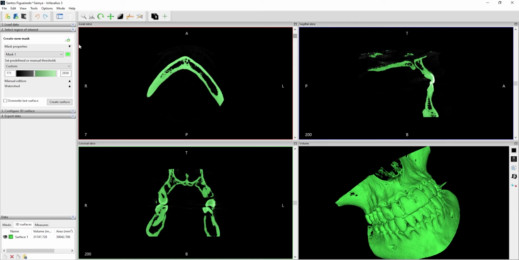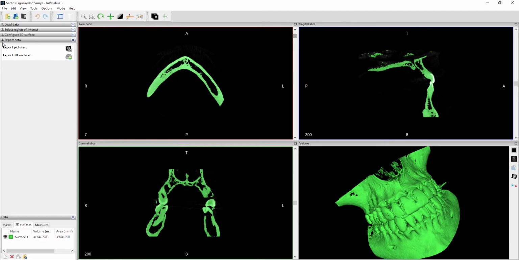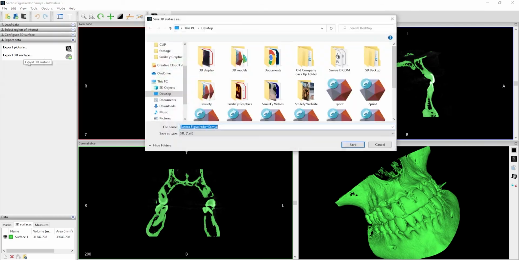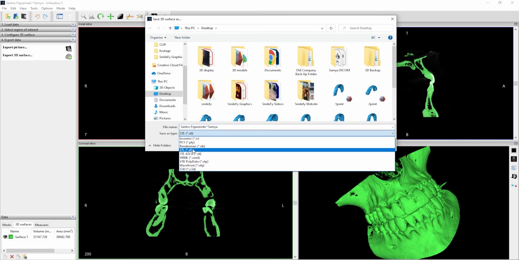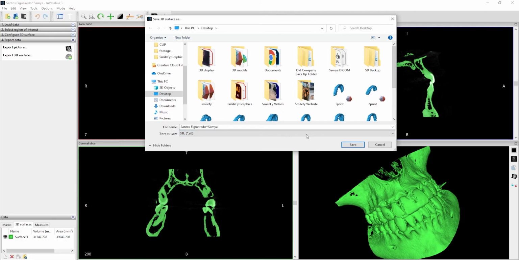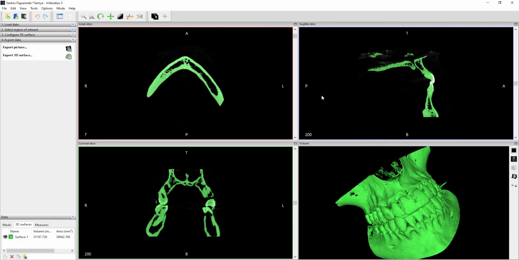But since we're happy with this, we're going to go to number 4, export data, hit the arrow. Here you have export 3D surface. When we tap that, you'll see it gives us the name that came with the DICOM file and STL. You want STL. STL ASCII makes a larger file, but we're going to keep it with regular STL. We name it, we hit save, and then we have a DICOM file ready to go